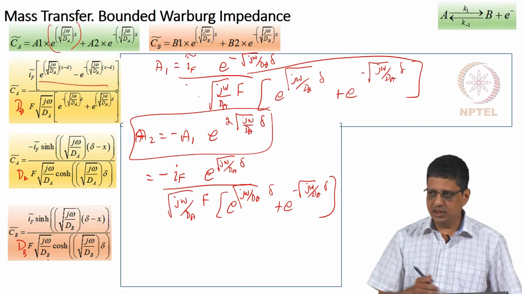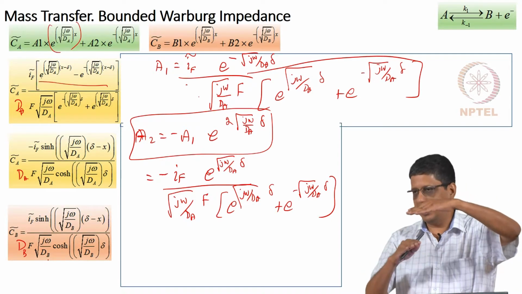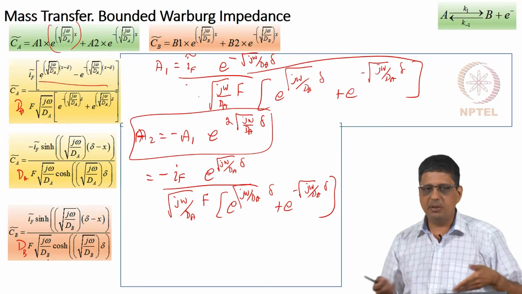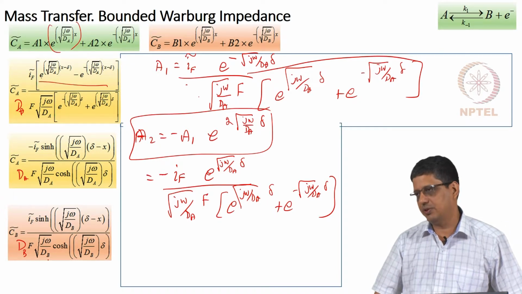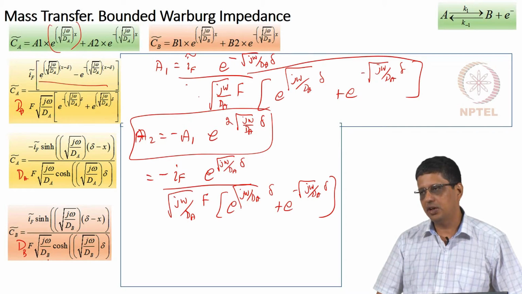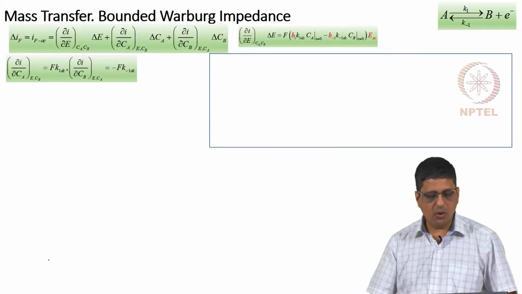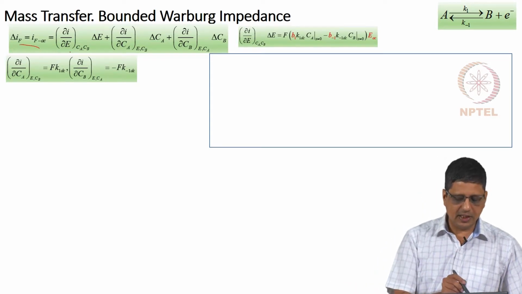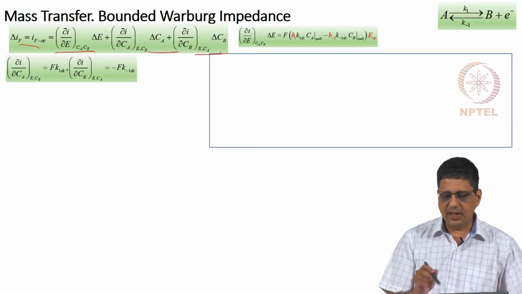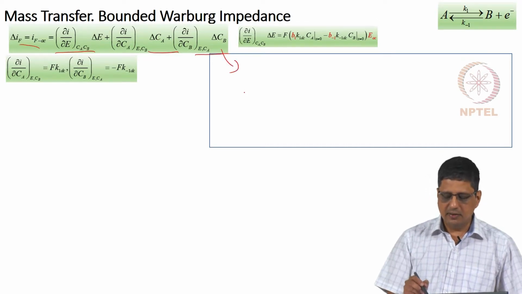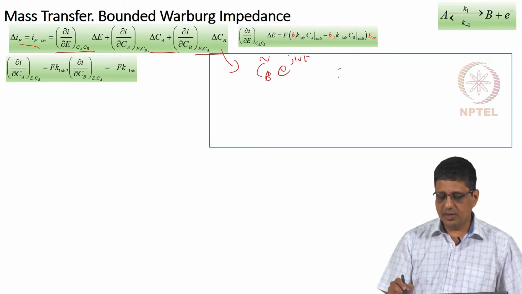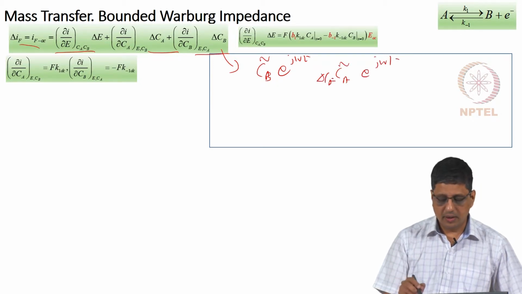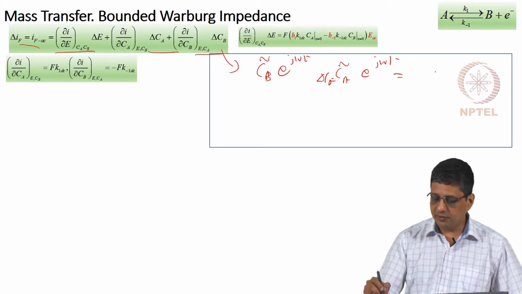Here the sign is changing. So, when C increases, A will decrease, that is expected. The amplitude will be comparable because typically DA and DB are in a similar range, but you can't assume that they are going to be equal. Okay, now we go back to the original equation, where we write the current fluctuation as a function of the change in potential, the change in concentration of A and the concentration of B. We have written it as Cb tilde e power j omega t, likewise Ca tilde e power j omega t for delta Ca, and now we have written it in terms of If tilde.